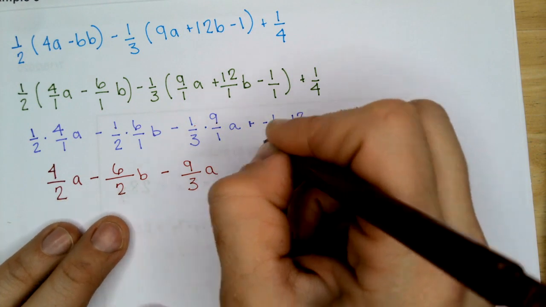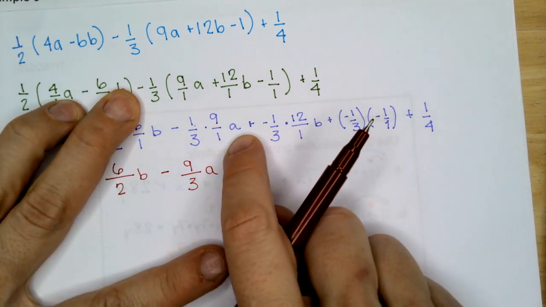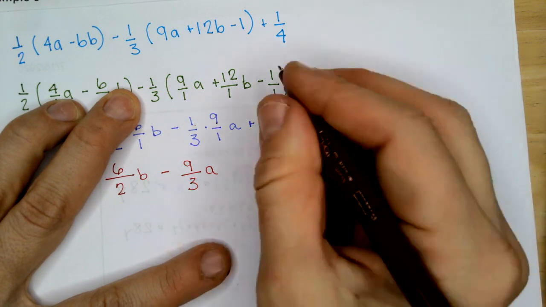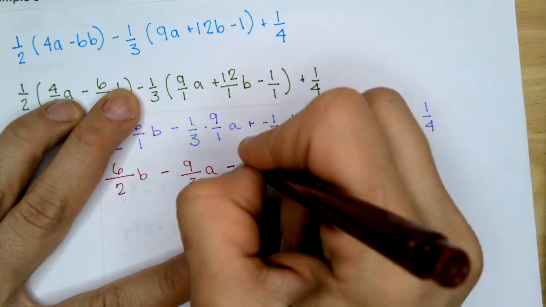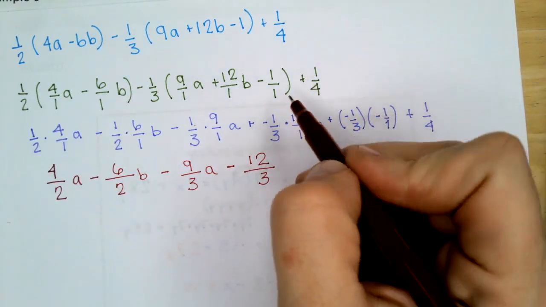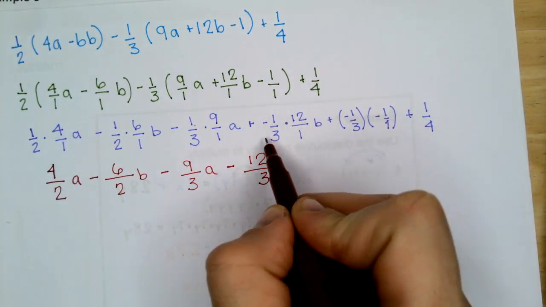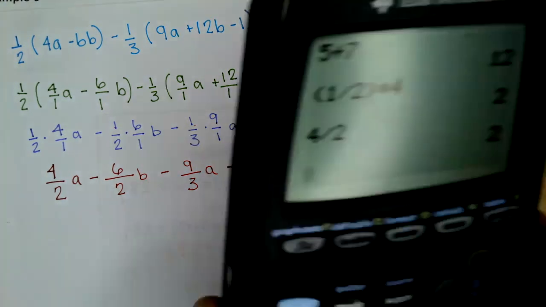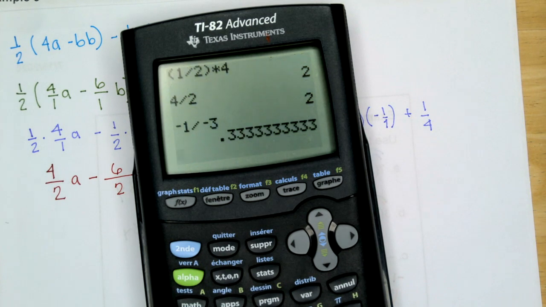Okay. It was a negative 1/3 and a plus sign here, so I'm just going to say plus a negative is going to become a minus. And if you did that step earlier, that's fine. 1 times 12 is 12. 3 times 1 is 3. What you don't want to do is say that this is negative 1 and 12, negative 1 positive 12, negative 3 positive 1, because a negative 1